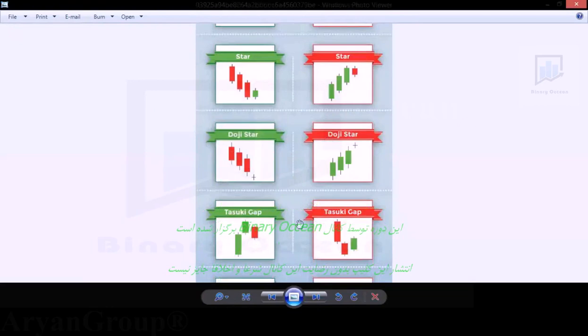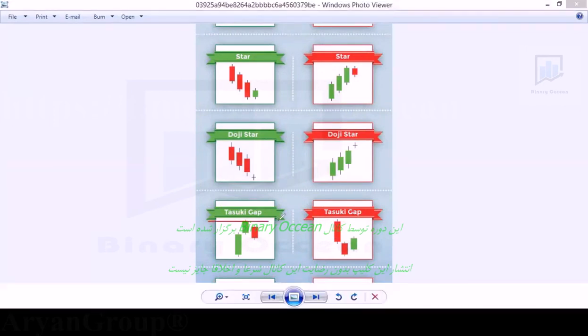So any patterns, if you see these patterns, you want to trade with these patterns, you can enter into the market only. You can use this pattern only at resistance level. You can use this pattern only at support level. You can't use this pattern in the middle of the trend. These are the patterns which will help you to trade at the SNR level only.